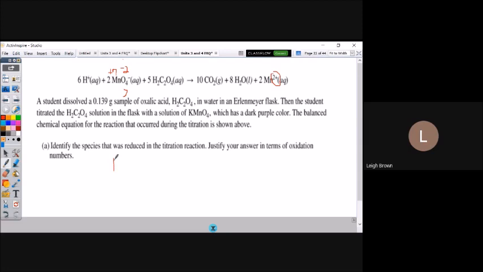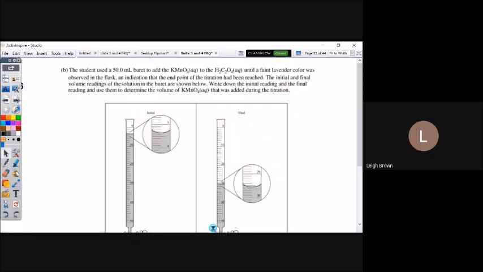And again, you should say MnO4 minus is reduced, but specifically, that's not your final answer. So I should have my permanganate. This whole thing is reduced to the Mn2+ ion, but what they're really looking for here is justifying in terms of oxidation number. I have to say Mn goes from +7 to +2. And if you don't have that, it doesn't matter if you pick the right thing. If you don't have these specific oxidation numbers that it changed, you would not get that credit.